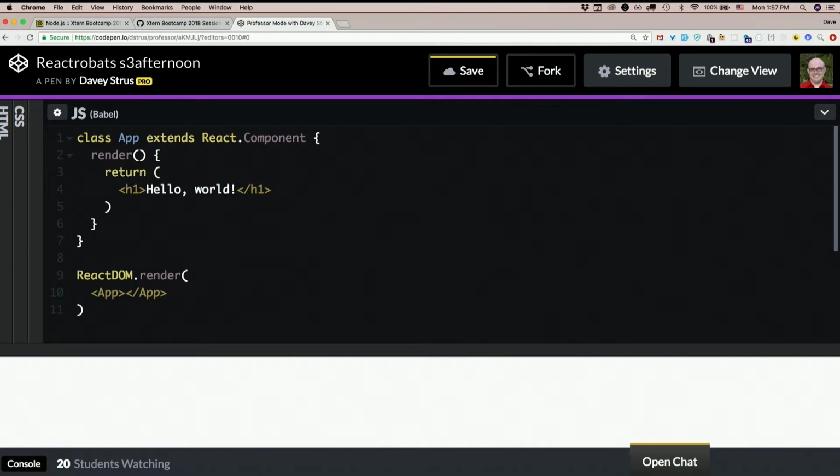JSX is more like XML than HTML, which means, among other things, you must have a closing tag for everything. So empty elements like images and inputs and stuff like that, what you do is you make a self-closing tag. This doesn't have any children. There's nothing in between the opening and closing tags, so we could just make this one tag. And you just have to make sure you put,